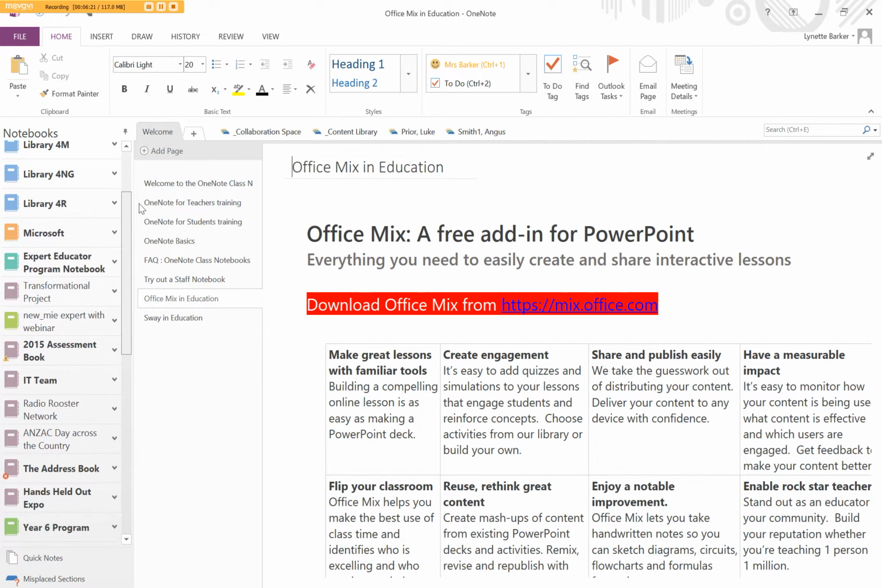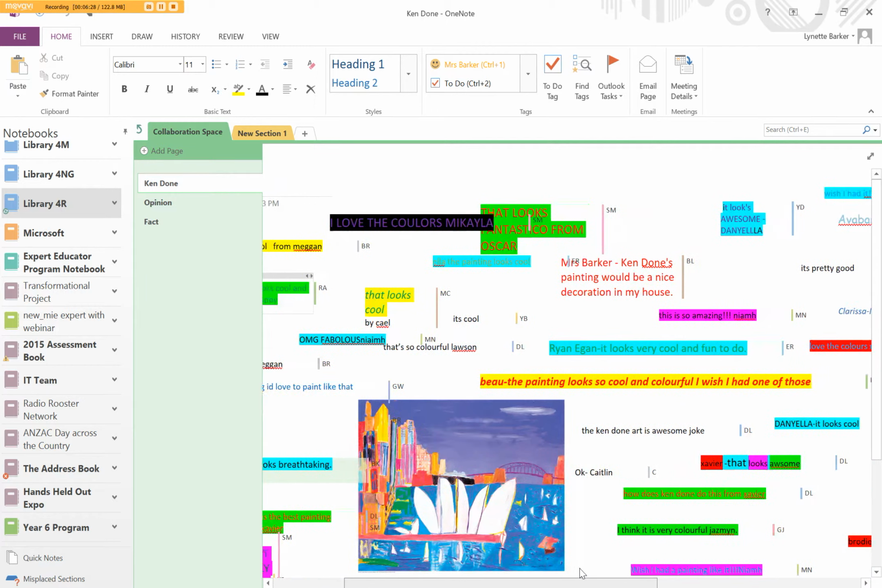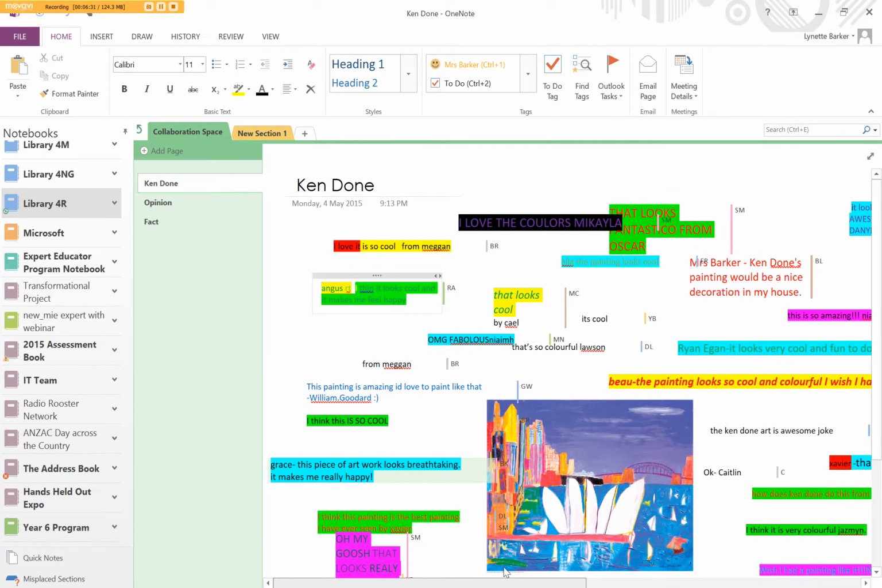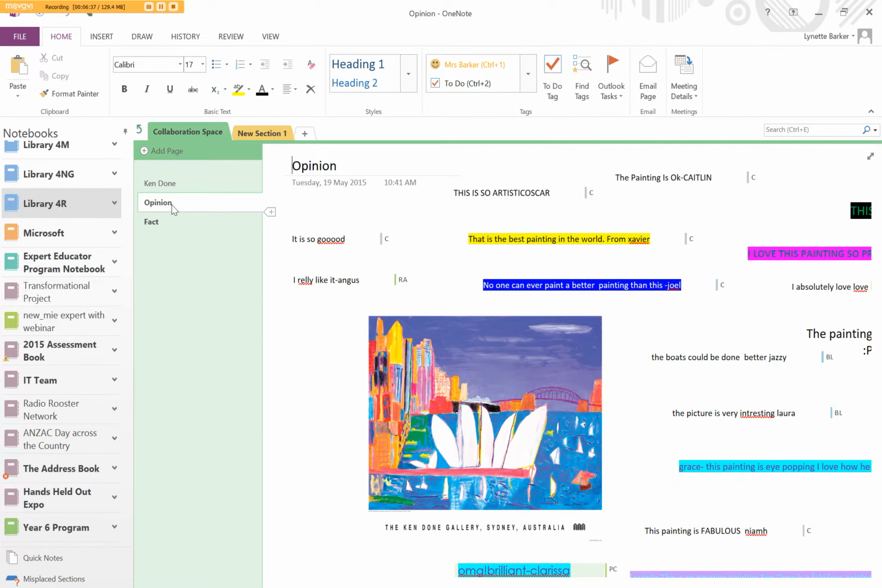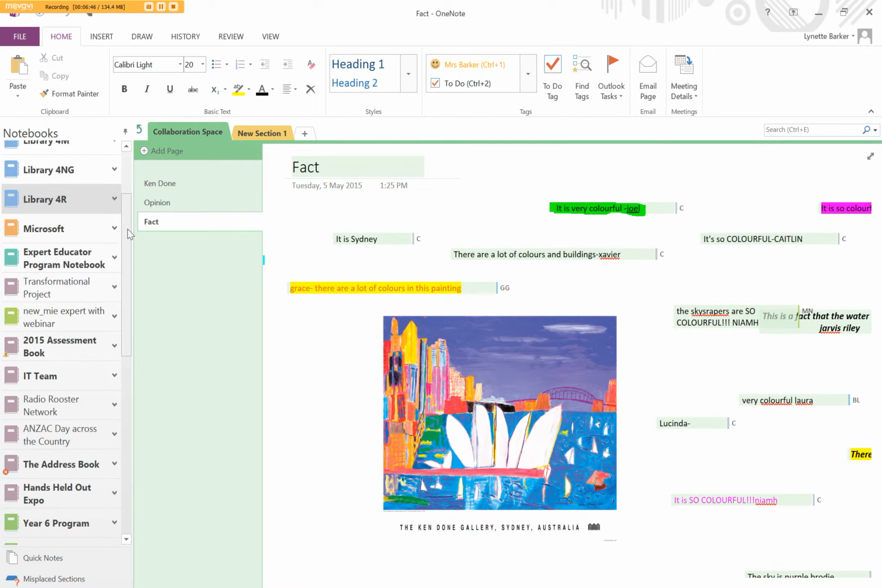I may have one here, for example. This is my Library 4R page, and in the collaboration space here, I popped in a picture and asked children to comment on it. So everyone could jump in and have a go. I also had a page here saying, please give me opinions as opposed to facts. It's as broad as you want to make it with your imagination. Going back down to the one I created a moment ago,